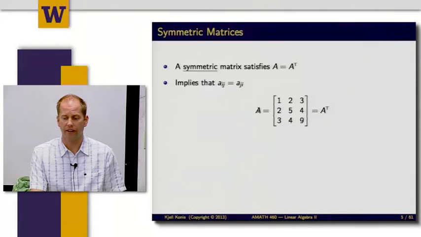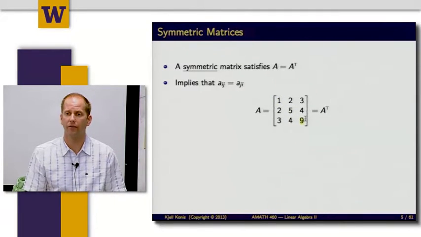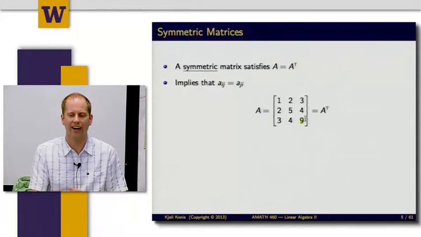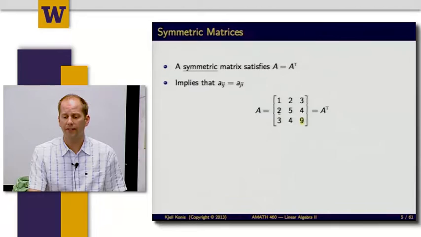So this is an example of a symmetric matrix. The diagonal elements can be whatever you want because they're not going to change. When I have A_ii, if I switch the two i's, it's still A_ii. But for the off-diagonal elements, whatever's in the 1, 2 position also has to be in the 2, 1